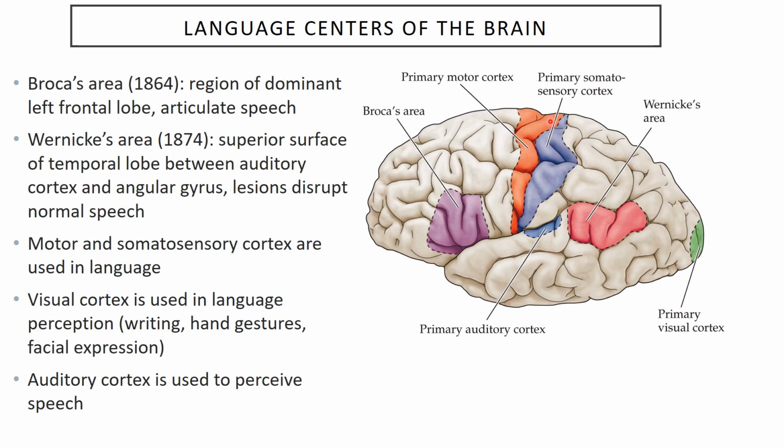We obviously are utterly dependent upon motor and somatosensory cortex, motor cortex here, somatosensory cortex here. These things have to be happening and working in order for us to be able to produce language and control the muscles of the vocal tract. Auditory cortex is used to perceive speech and allow us to learn the different phonemes so that we can produce normal speech as an adult. We also have visual cortex. Obviously, that's critical for the written portions of language, as well as perceiving hand gestures, facial expressions, which is also another important part of communication, and writing.